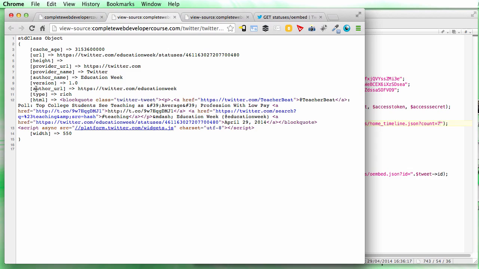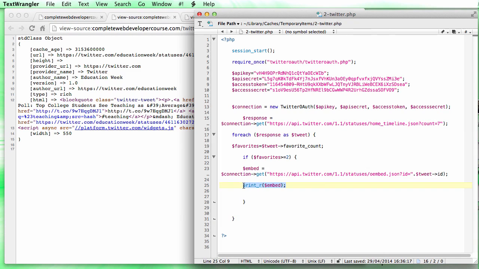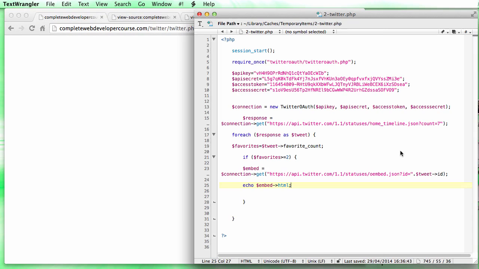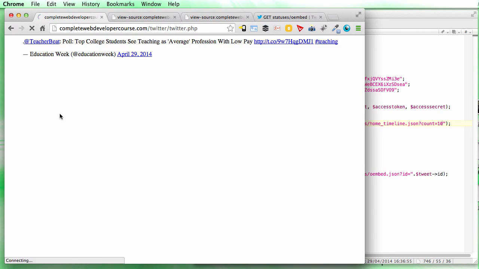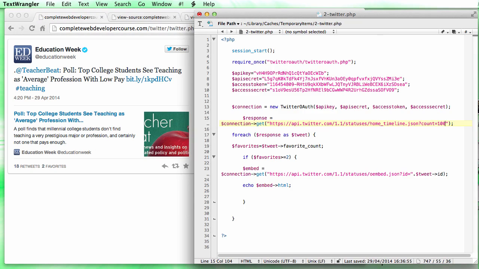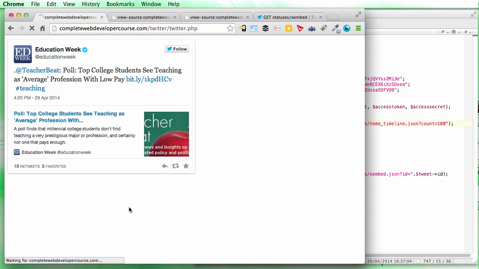So it returns various bits of information as always, but what we're really interested in is the HTML part. So instead of just displaying the whole of the embed code, let's echo the embed and then just the HTML. Okay, let's refresh that. I may need to increase the count again. There we go. Great. And now if we increase the count to say 100,